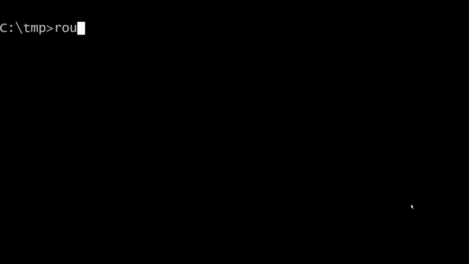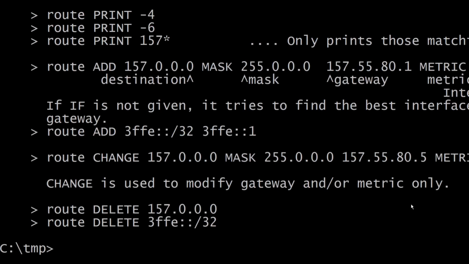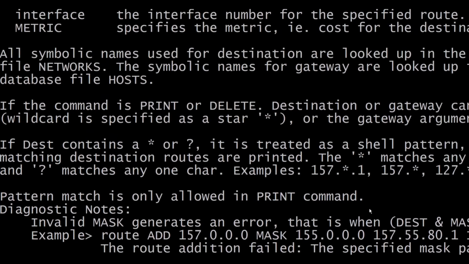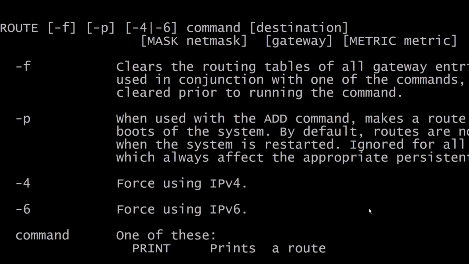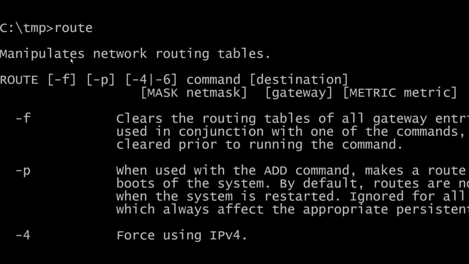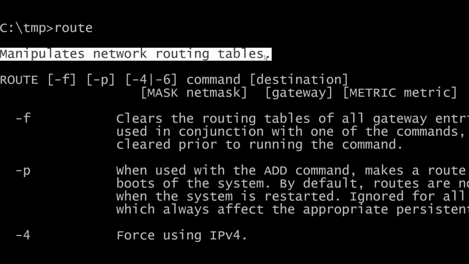On such personal computers, whether they're Unix or Linux, doesn't really matter, there is a route command, and if I enter it, it will provide me with information about how to use it and so on. And you will see that this is a command that is intended to manipulate routing tables.